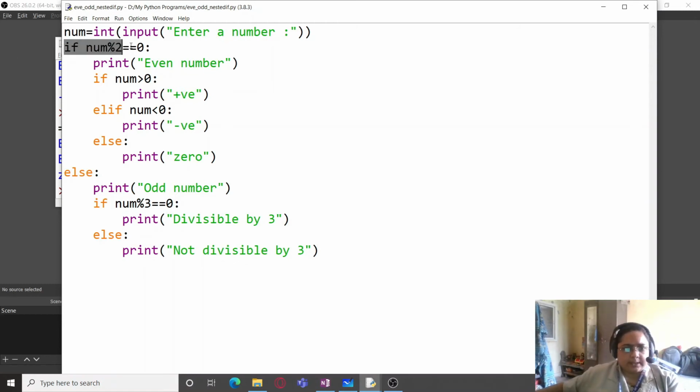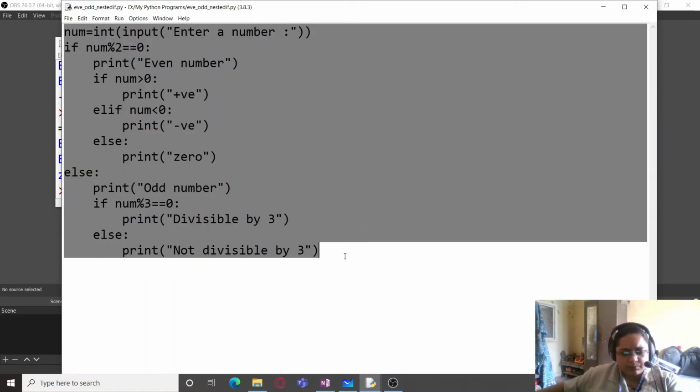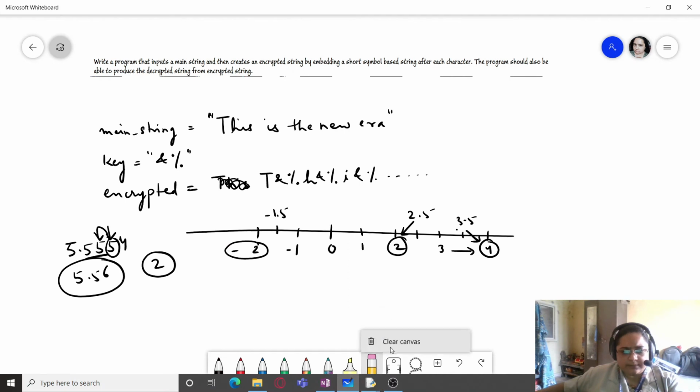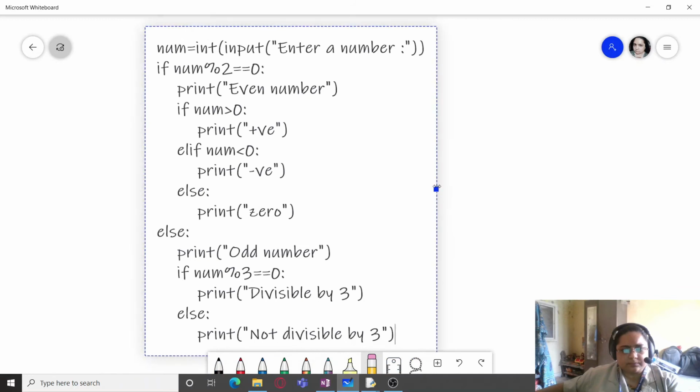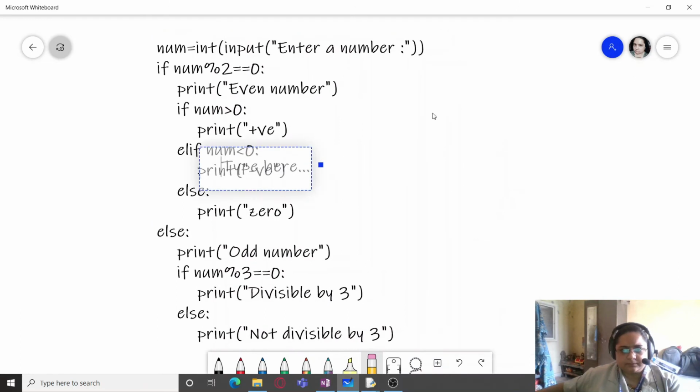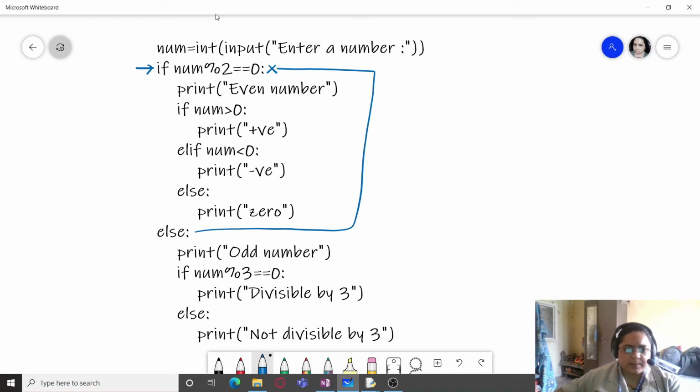So you can see it very easily, as I have already explained in the flow chart. It will first check this condition. If this condition is false, then the program control will directly come to the else part.